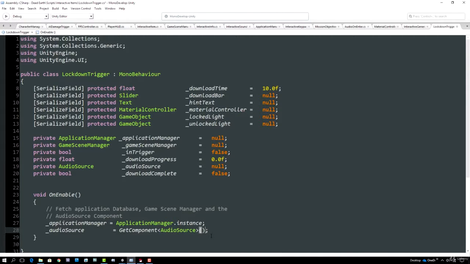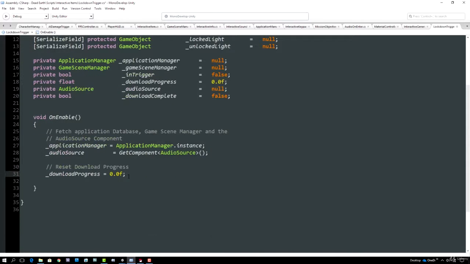We haven't added that yet, but we'll do that when we go back to the editor. And as we've just re-enabled this object, we'll also set the download progress to 0. We are either in a lockdown state, in which case download progress has to be reset back to 0 again, or the object is no longer under lockdown, in which case it doesn't matter what download progress is, it's not being used anymore, the slider bar isn't being displayed anymore, so it's safe to reset this back to 0 in